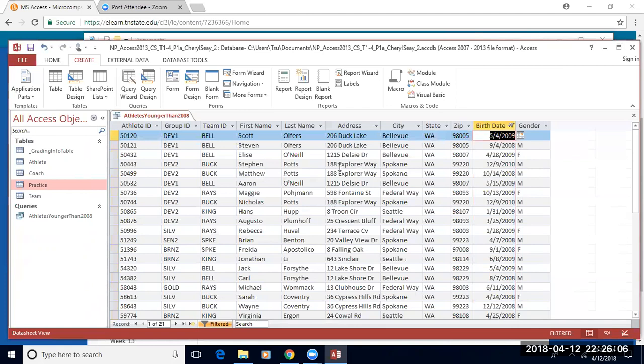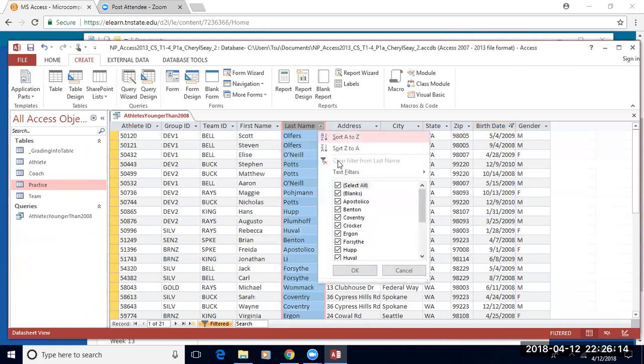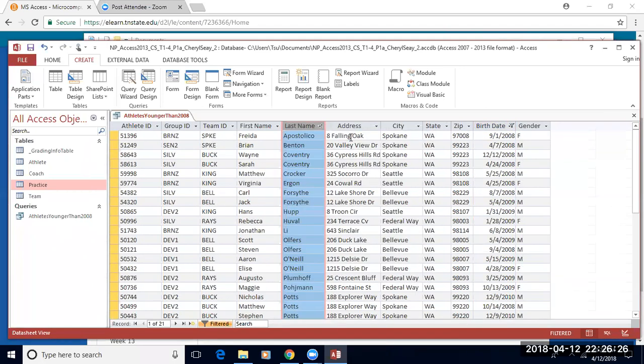Then I want to sort my records in ascending order by last name. So if I come to last name on the down arrow, I want to put them in ascending order, which would mean A to Z is ascending. And so I clicked on A to Z to sort by last name. Then I want to change the birth date field so it remains in the query design but does not appear in the query results. So